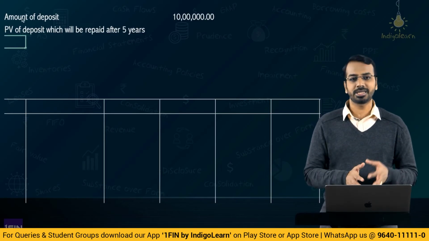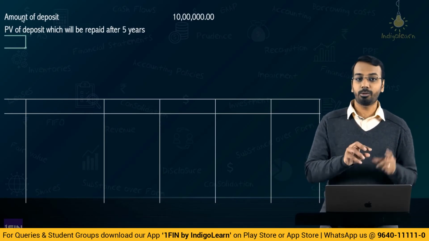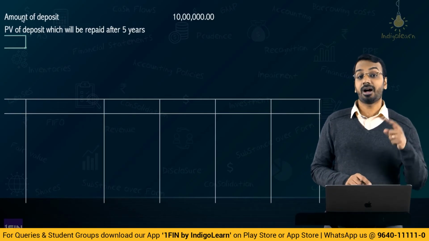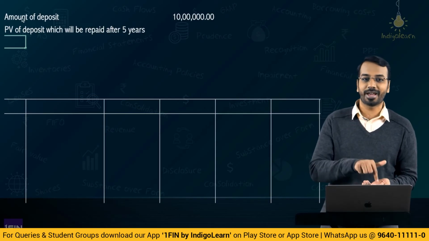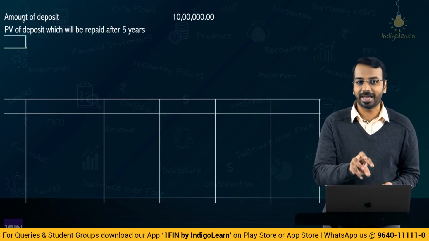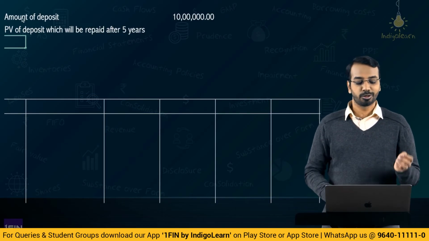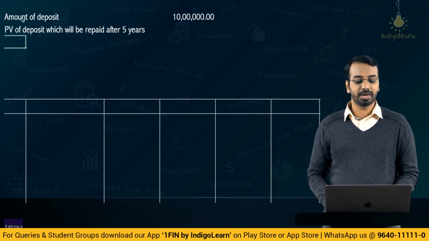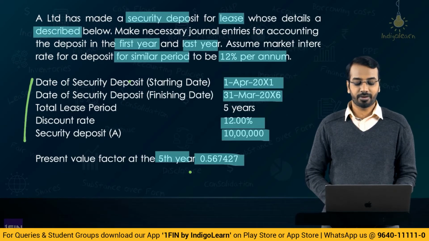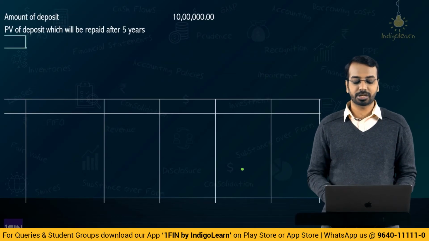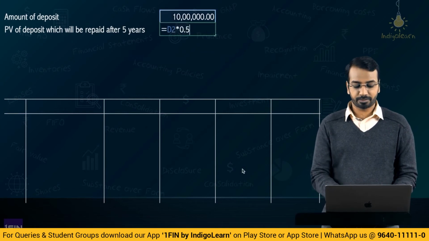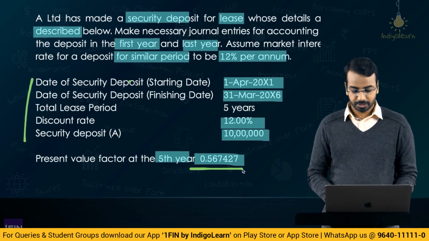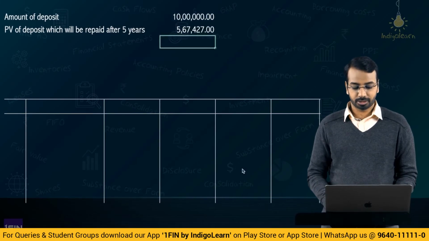So, basically what we do is, if today we gave some amount to an outsider such that the outsider gave us 10 lakhs after 5 years, what would that amount be? What would the present value be? That is the fair value of the deposit that is made. So, here the present value of the deposit which will be repaid after 5 years, we have the present value factor 0.567427. So, that is 10 lakhs multiplied by 0.567427, you get